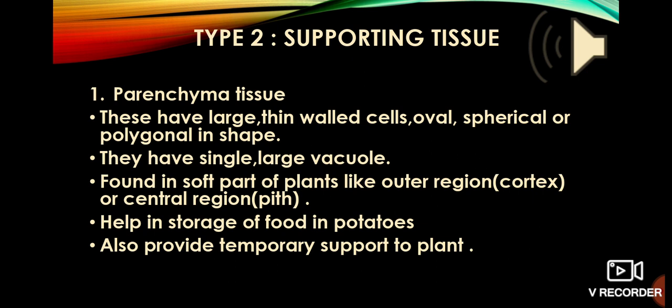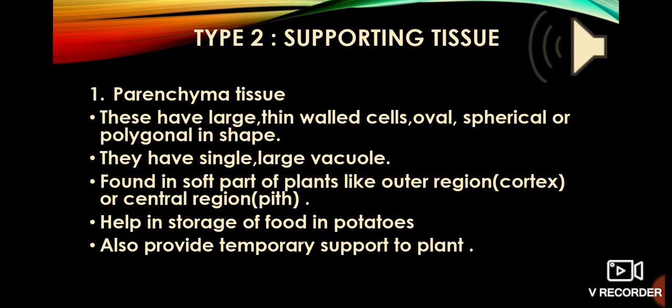Now the second point is that they are mainly located in the central region or in the exterior region of the plant. Now what is the meaning of cortex and pith? As you can see in the slide, third point, when you take a section of a stem or a leaf, that means a small part of the leaf or stem, and you cut it and put glycerin on it and a few drops of solution and observe it under a microscope, then you will find a circular structure. So this is a section of a leaf or a stem.